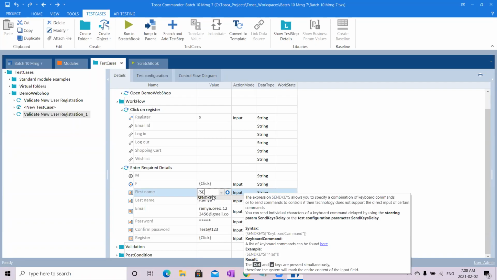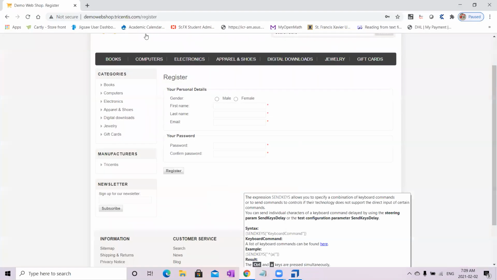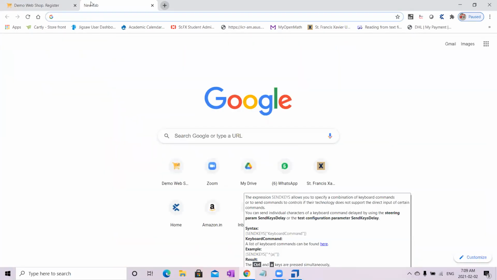What happens here is usually there are two types of input. One is directly inputting something from Tosca, and another way is to send keyboard strokes through Tosca. What is this sentence, keyboard strokes to Tosca and all? I'll show you that example first. Okay, let us take the Amazon website,